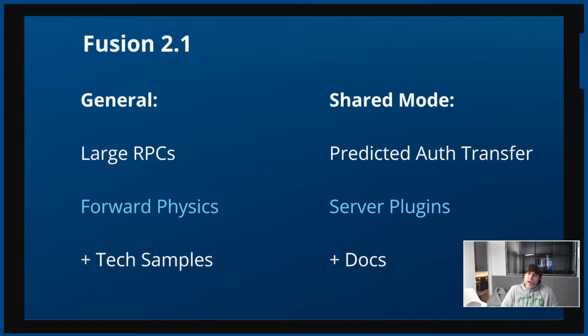On the left here we have stuff that is valid both in client-server modes and also shared mode. Due to the incredible demand on this, we're unleashing RPCs to have any sized parameters that